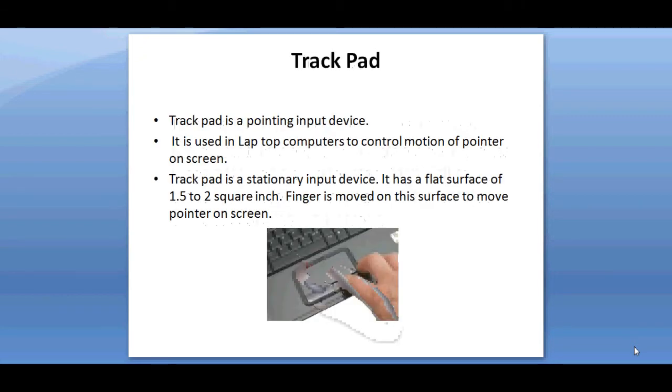Next input device is trackpad, also known as touchpad. A touchpad is a common substitute for a computer mouse. It is essentially a special surface that can detect movement of a user's finger and use that information to direct a pointer and control a computer. Touchpads were first introduced for laptops in the 90s and it is now rare to find a laptop without trackpad.